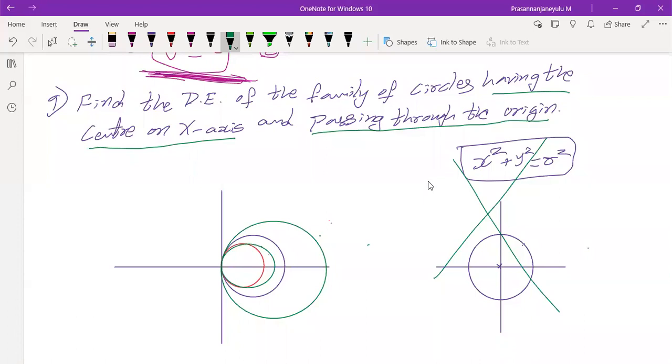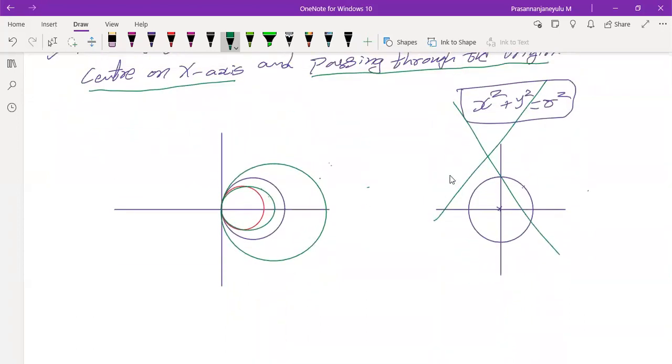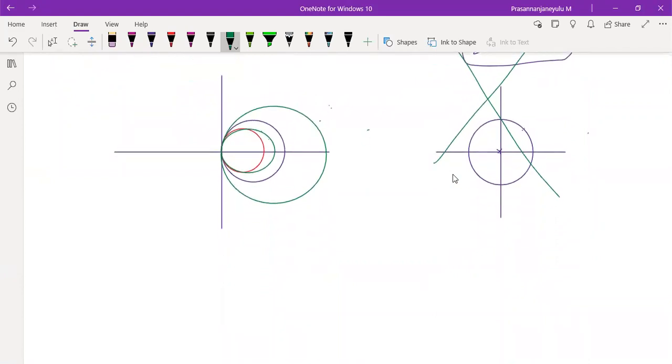So what is the general form of the circle equation? Whatever you mentioned is the circle equation with center as origin. But what is the general form of the circle equation? Forget about that. If the center is A comma B, then you can say, but what is the general form of circle equation? x minus x1 whole square plus y minus y2 whole square